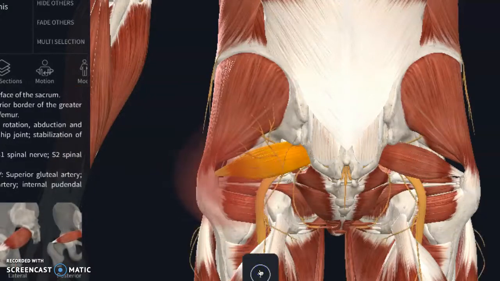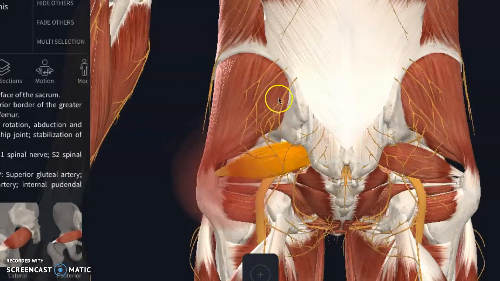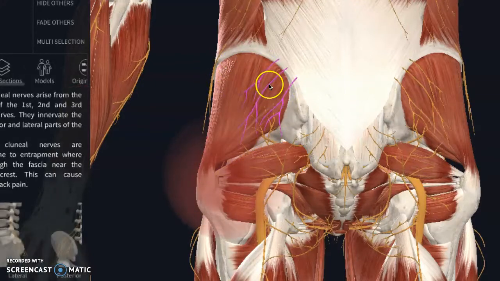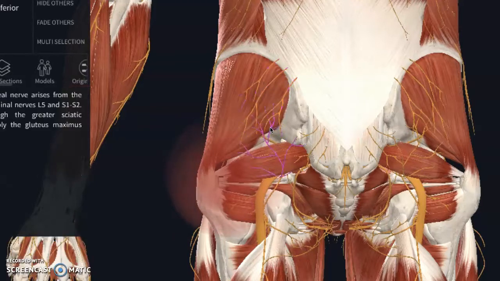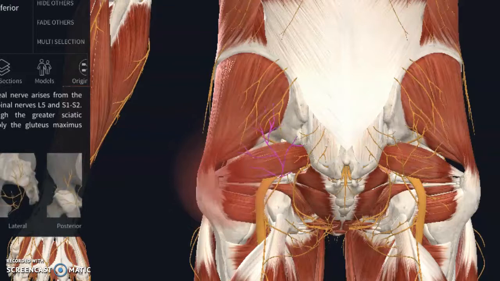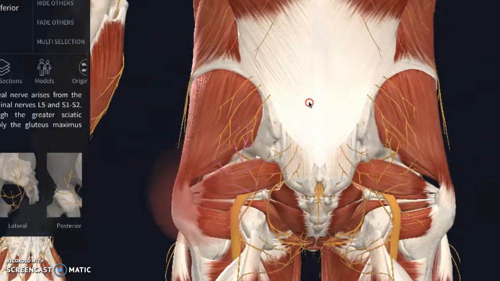Then when I was telling you about the superior gluteal nerves, I was coming in from a top angle, and we've got some of those. I was also trying to affect your inferior gluteal nerve. This muscle is glute max, and this nerve does glute max. Then when we come up to your low back,